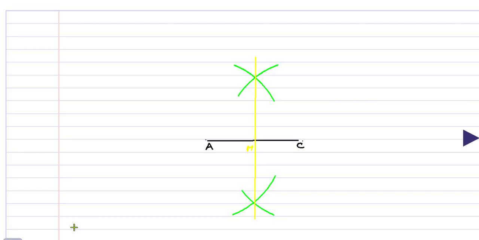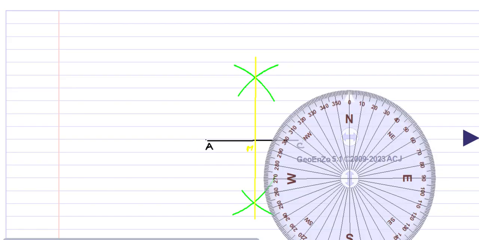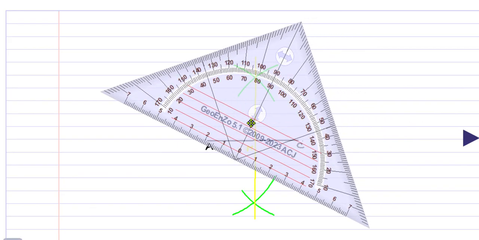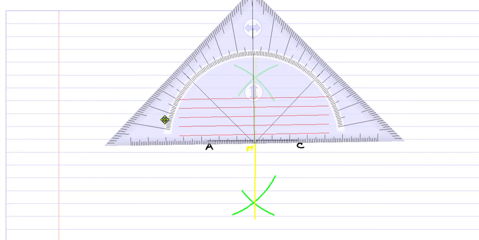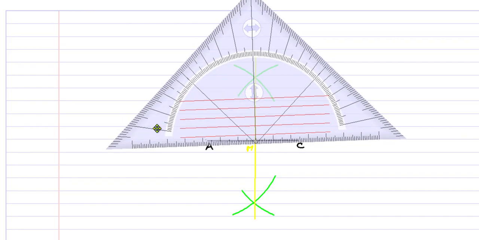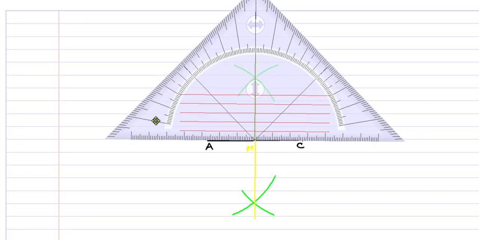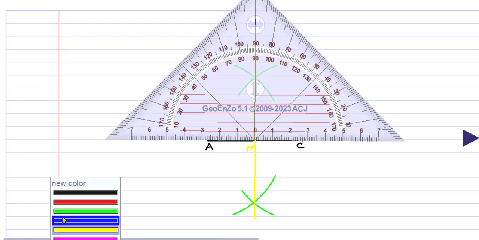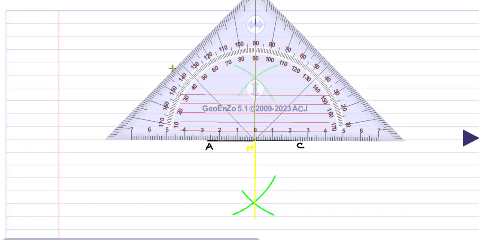Now at this point M, we shall draw the angle which is given. Okay. Angle is given to be 140 degrees. Yesterday also we made one construction of 140 degrees. So put your protractor at point M, coinciding with this perpendicular line, and draw a 140 degree angle. Since we are starting with MC as our initial ray, we will be taking the outer reading. After all, 140 degrees is an obtuse angle, and we shall keep our marking. So 140 comes here.